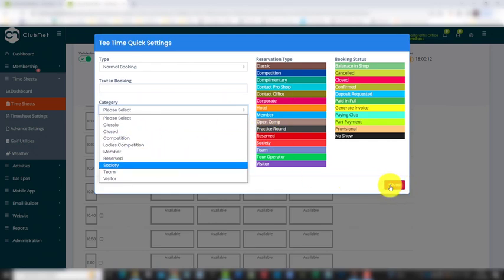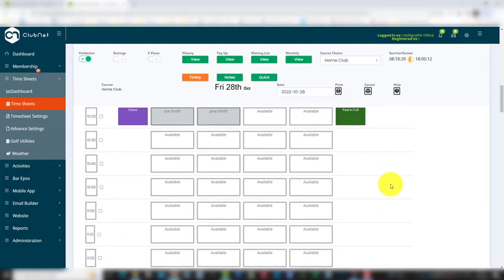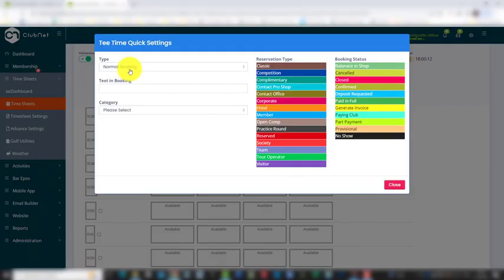So let's say we have a Barton Cup practice match and we'd like to block off the tea time for booking, and we want to do that quite quickly. We don't want to have to go in and set up a full block booking. So all I have to do here is click into the quick line and I'll change normal booking to block line. The text inside it will be, we'll call it Barton practice,